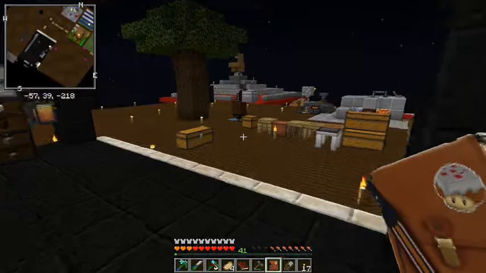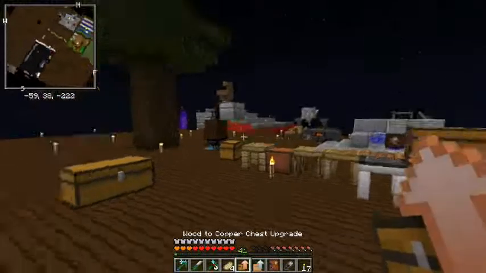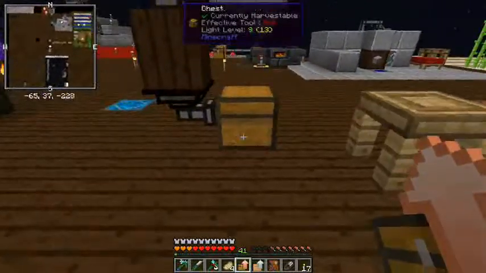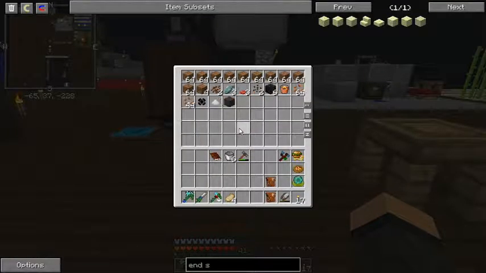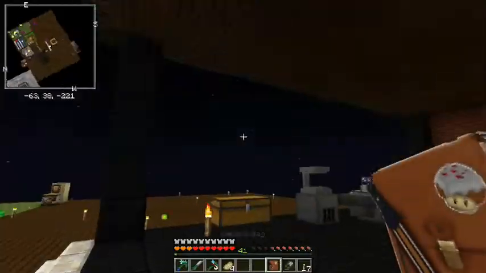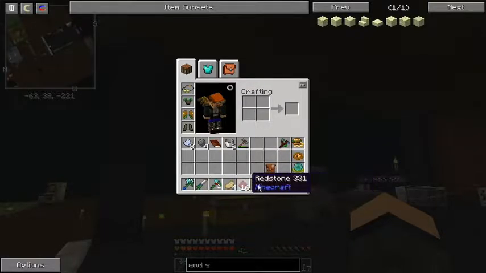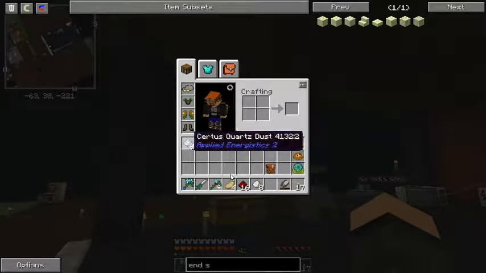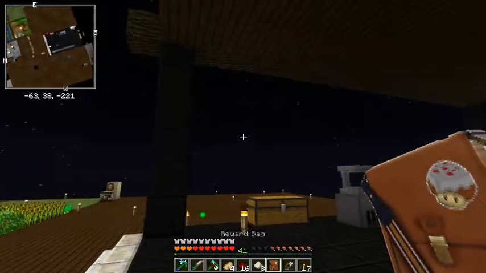You know what? We're going to go bunk and bunk. There we go. Now you're an iron chest as well. Cool. Other greater bag is... I misclicked. Or double clicked. Oh, we've had this one before. Certus quartz, nether quartz dust, redstone, and silicon. Alright, not a problem. The epic bag is...